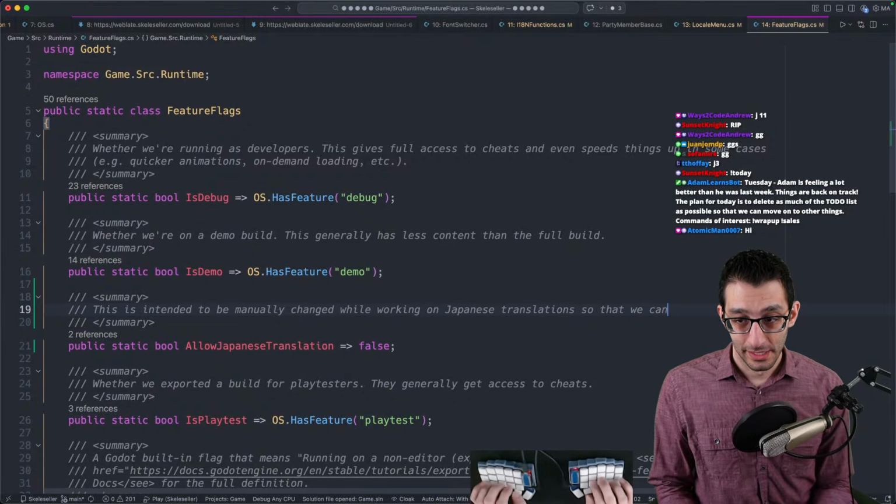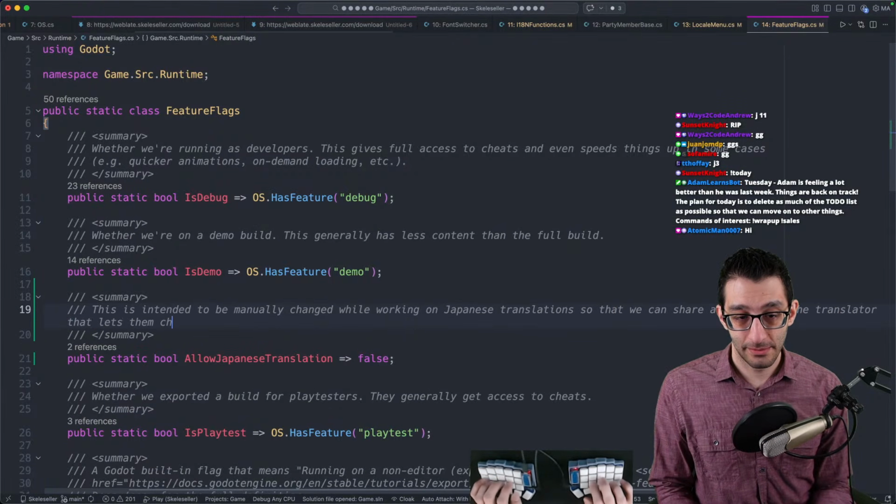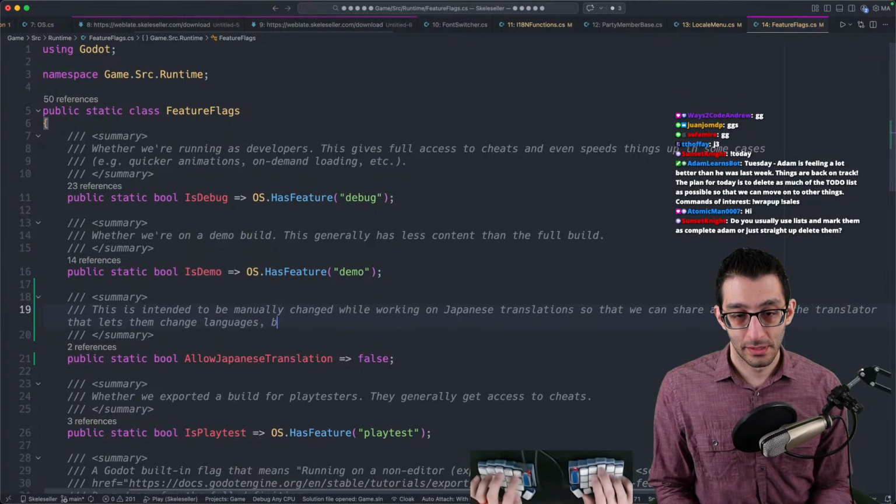So that we can share a build with the translator that lets them change languages, but regular players still can't use